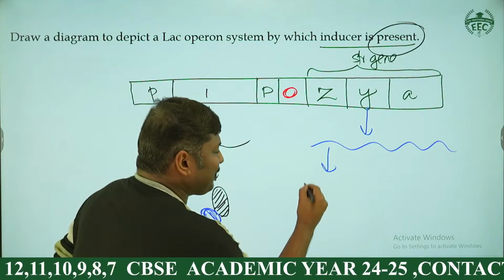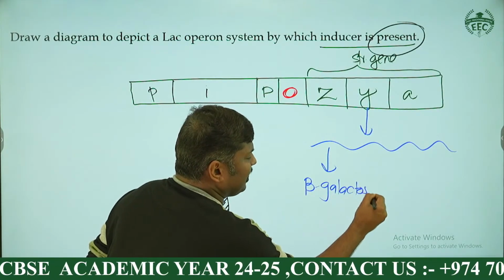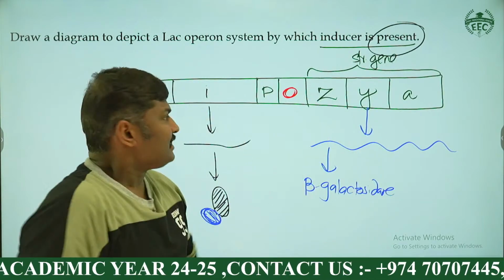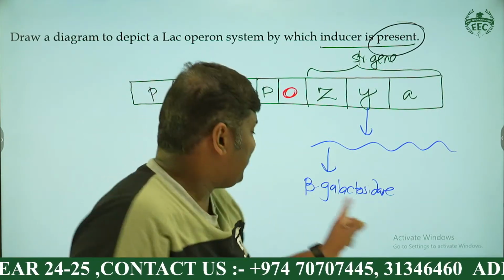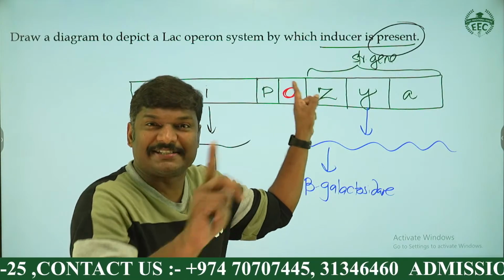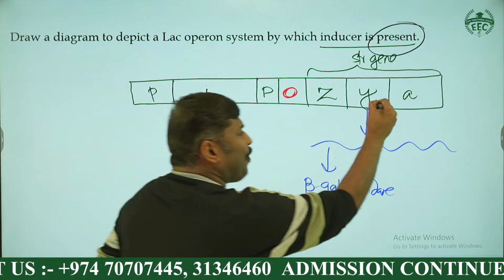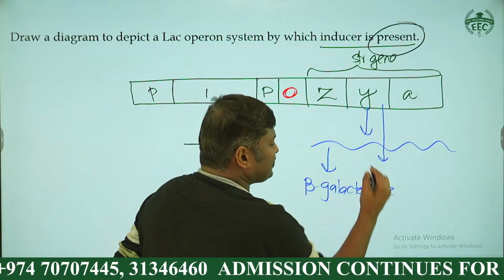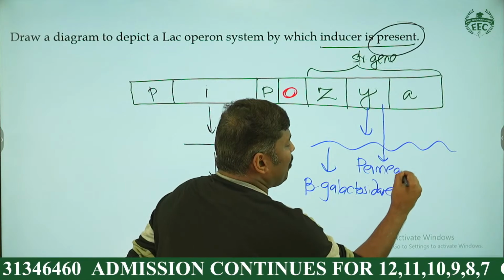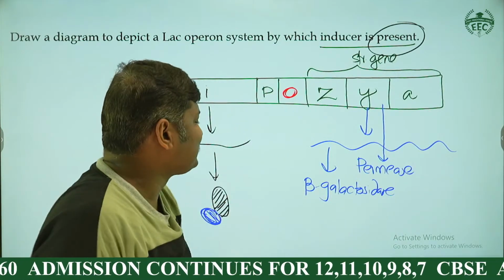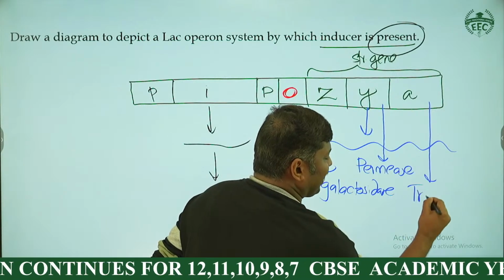From the Z, they are making an enzyme called beta galactosidase. Z gene can make beta galactosidase. MCQ type question: beta galactosidase is produced by Z gene or Y gene or A gene? The answer is Z gene. But you can see the Y gene can make another one which is called permease, a permeability related enzyme, permease, you can see, and the A you can see, that is what we called